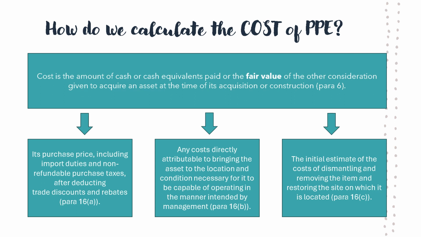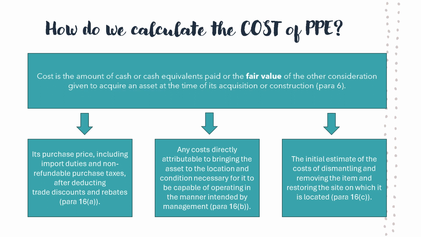The types of costs which can be included within the cost of the PPE include the purchase price, including any taxes and duties paid, the costs included to bring the asset to its current location and to have it installed and ready for use, and any other initial estimates of the costs relating to the dismantling or removal of the asset. The accounting standard within paragraph 19 further provides examples of costs that cannot be included in the PPE balance,